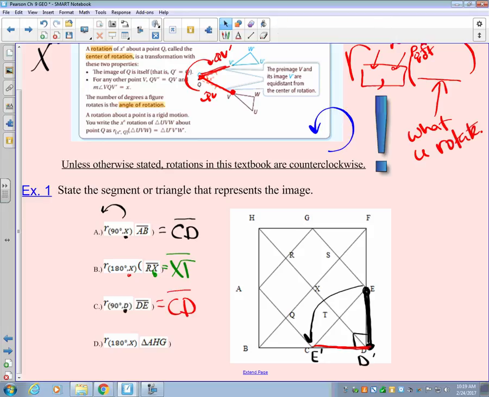Rotations, I like to draw the picture every time. We're going to get 4 different formulas for rotations, and I draw the picture every time even though I have a formula. Okay, triangle AHG